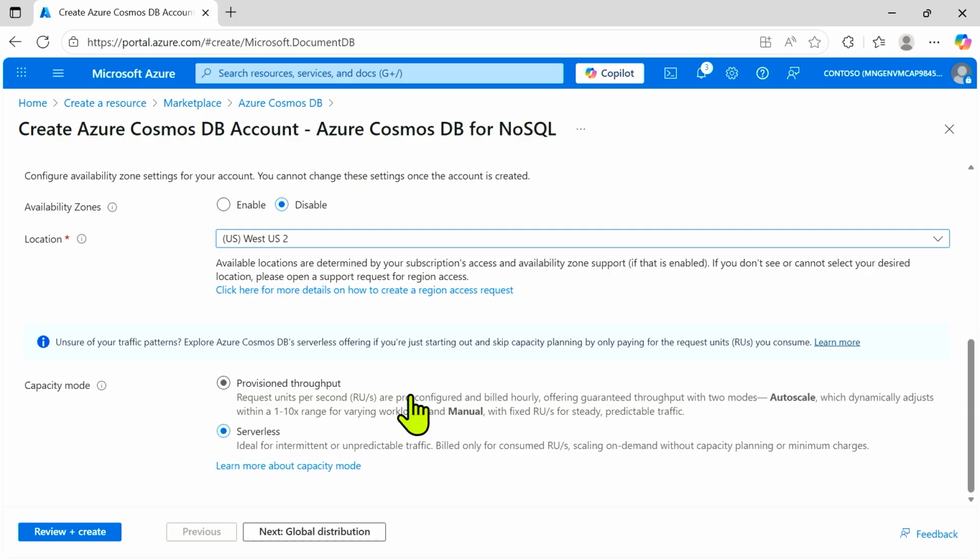And this is going to introduce a term called an RU, or request units. This is a way for us to obfuscate or hide the need to do some deep research to figure out what resources I need. If you take a look at the configuration of a traditional SQL server, we have to figure out how much